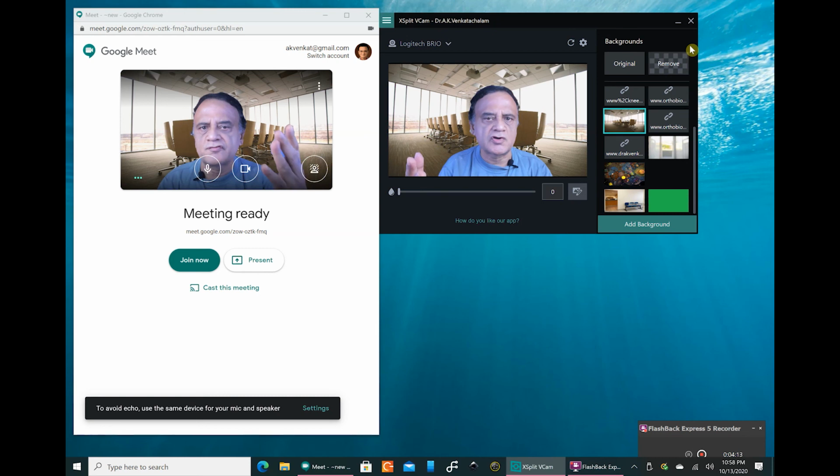So you see, with just one software, you can get a beautiful background of your choice. You are in full control of it. The quality is very good. I think this is a very good background removal tool now. There is no hassle in setting up a green screen.